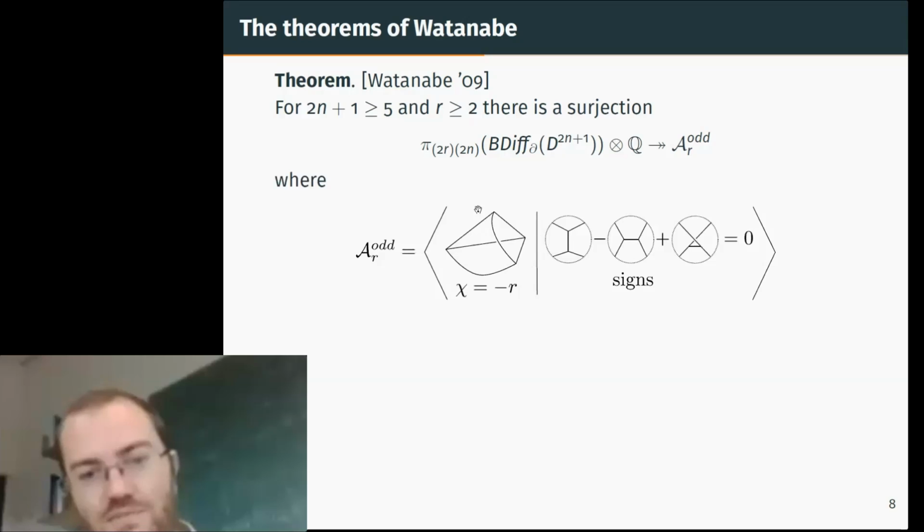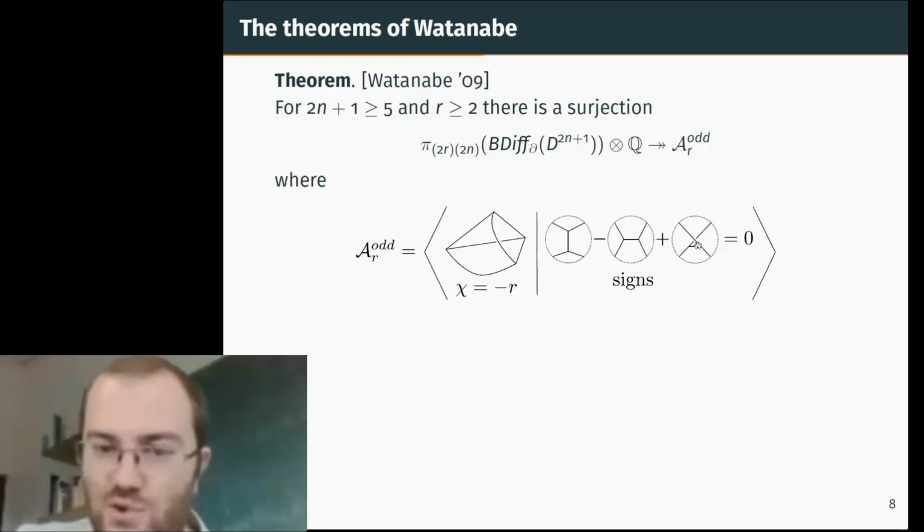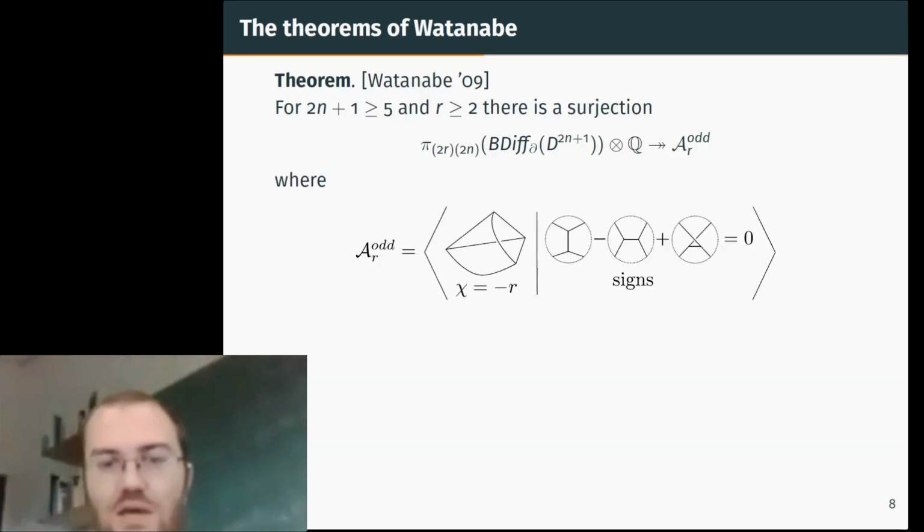Modulo the following thing. Whenever you see an eye shape in your trivalent graph, so whenever you see a local picture that looks like this eye, you're allowed to replace it by the difference of these two local pictures that look like an H and an X. This is the so-called IHX relation. It's a form of encoding the Jacobi relation for Lie algebras. And also modulo certain signs, which is not worth any of our times me trying to explain to you.